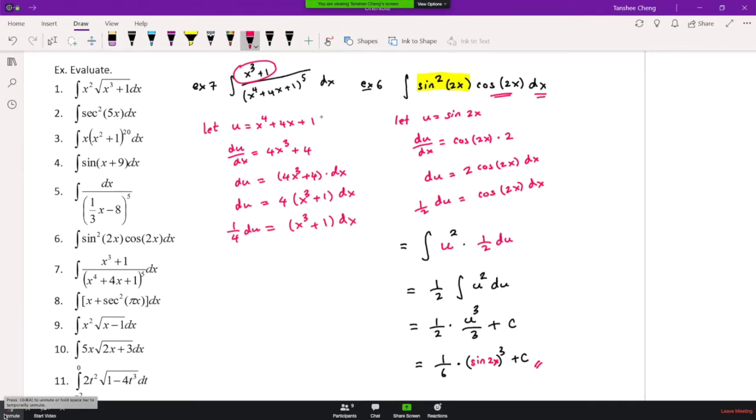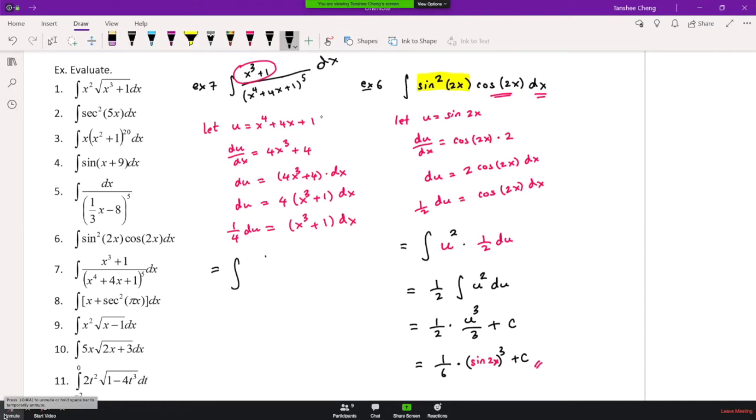Are we all okay with this? And my apology, this dx is not at the bottom. It should be on the same level as well, right? Because that's my function. So now this will become what? The integral of,